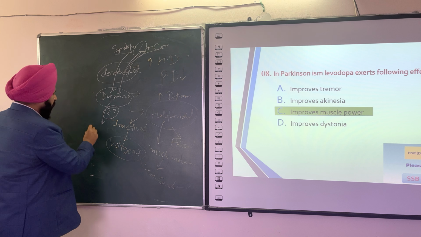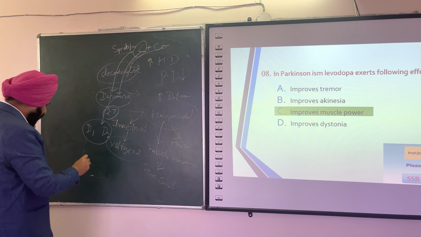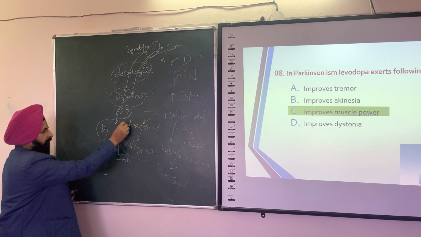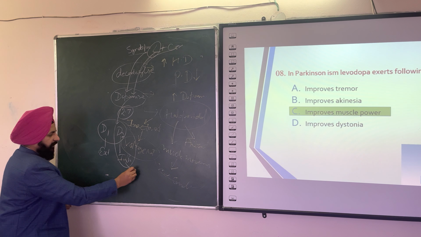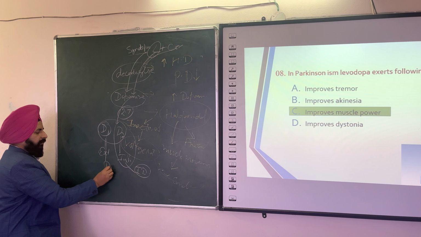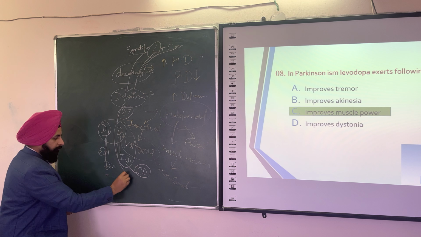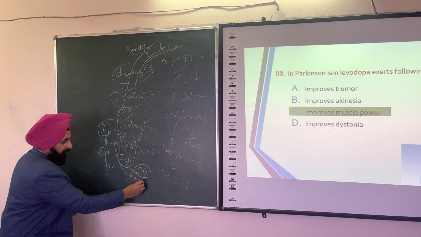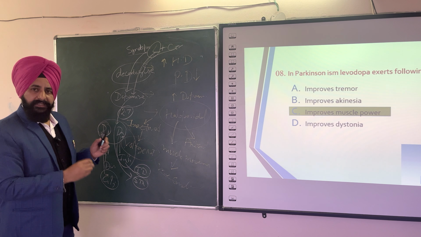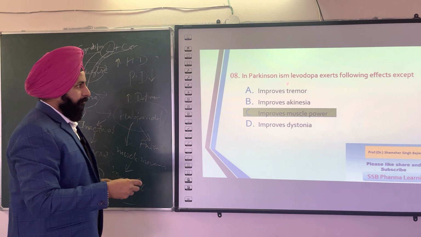How? Because it regulates the D1 and D2 receptors. So you remember always, D1 is an excitatory receptor and D2 is an inhibitory receptor. Another question can be, D2 is the indirect pathway of the dopaminergic system and D1 is the direct pathway of the dopaminergic system. So another question can be, D2 is involved through the subthalamic nucleus and D1 is involved through the globus pallidus interna. So these are the basic questions they can ask you on how levodopa is useful in Parkinsonism.